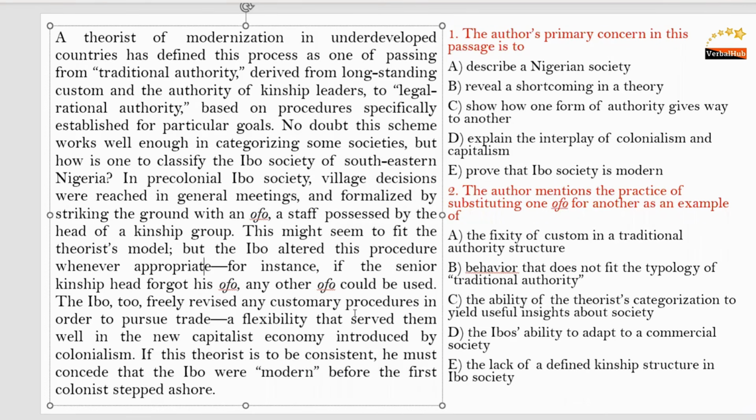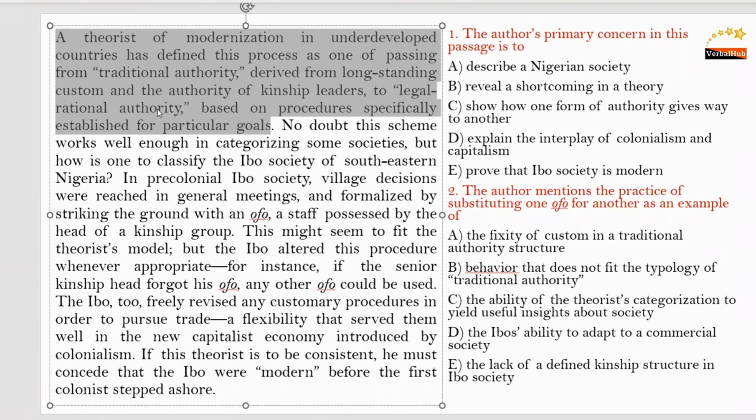In the first introduction, the author started by saying that it's traditional, and then in the body, they're giving some more statements to say that it's not completely traditional, and in the conclusion, we are saying that it's not completely traditional. It has to be modern or something like that. So it was the intro, body, conclusion process. And when you include intro plus conclusion, it becomes the answer of primary purpose.